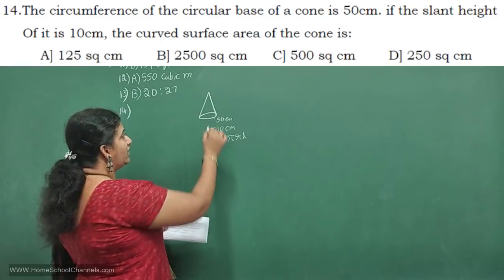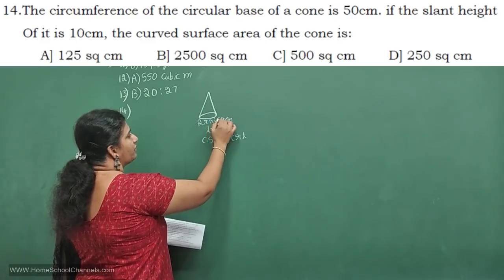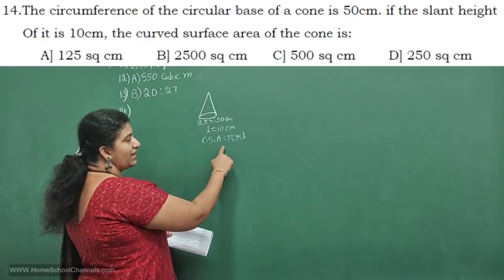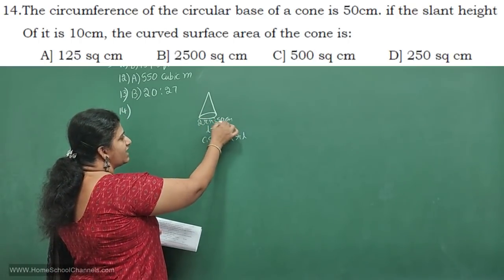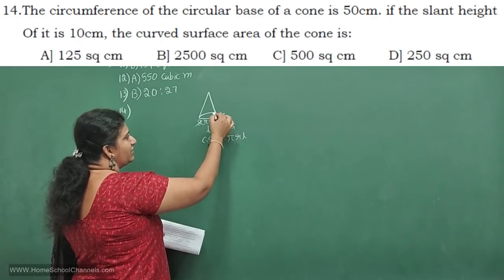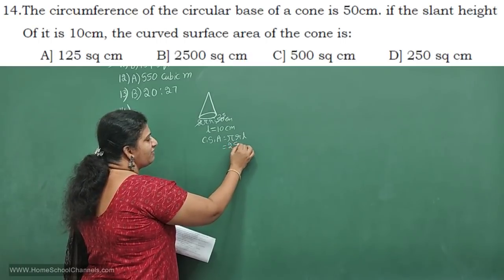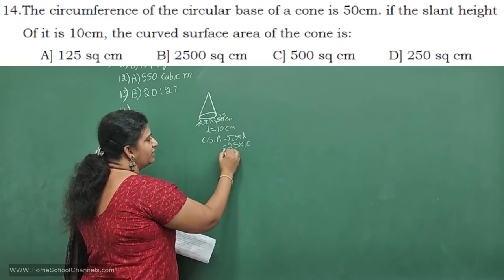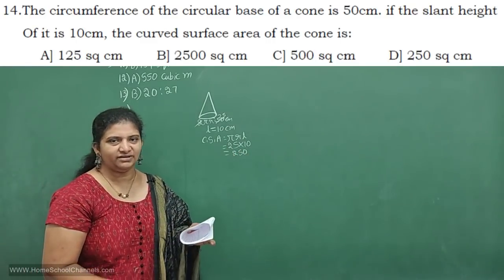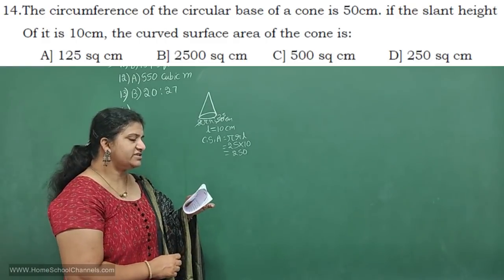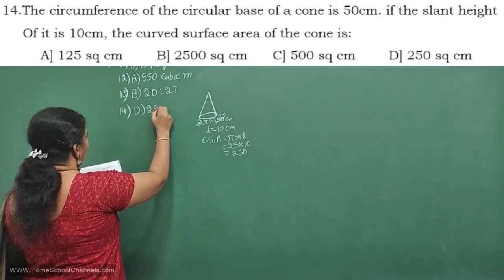And we know the circumference of a circle, that means 2 pi r, we know. Right? So, in order to find CSA, I need only pi r. Send this to the other side and cancel. It will be 25. Now, you got the pi r value directly. You can write here, pi r value is 25 and L value is 10. 25 into 10, it will be 250 square centimeters. Check the option. Which option is right? Option D, 250 square centimeters.